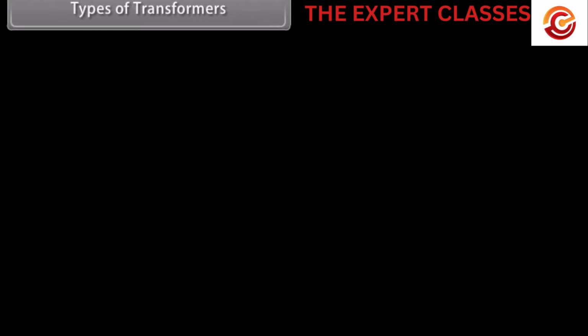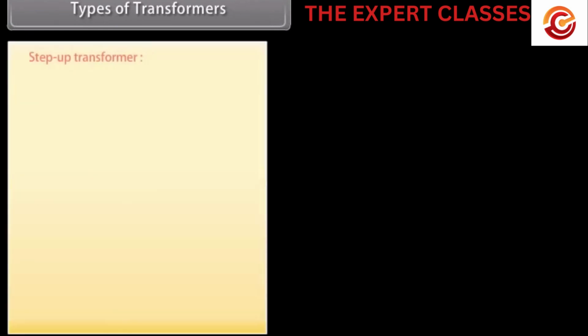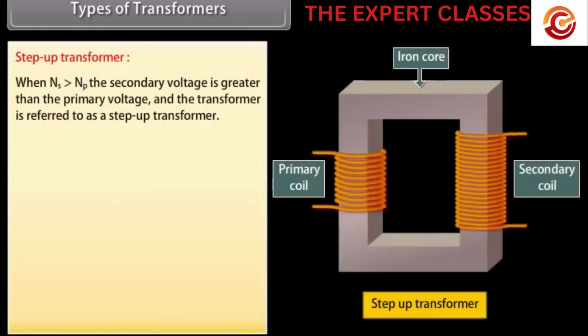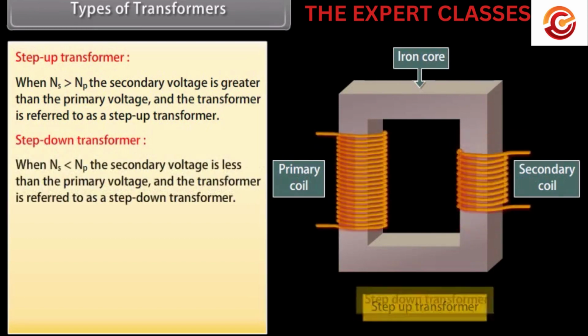Types of transformers. Transformers are of the following two types. Step-up transformer: when the secondary voltage is greater than the primary voltage, the transformer is referred to as a step-up transformer. Step-down transformer: when the secondary voltage is less than the primary voltage, the transformer is referred to as a step-down